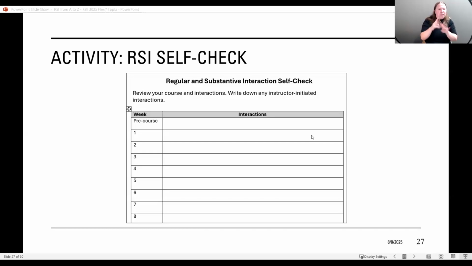You can list those interactions. And then going back to the policies and the definitions of RSI, does this meet RSI? Would it be considered RSI if somebody was taking a look at it? This is just one example to help you check your own courses, but there are more examples and templates available in the faculty hub.